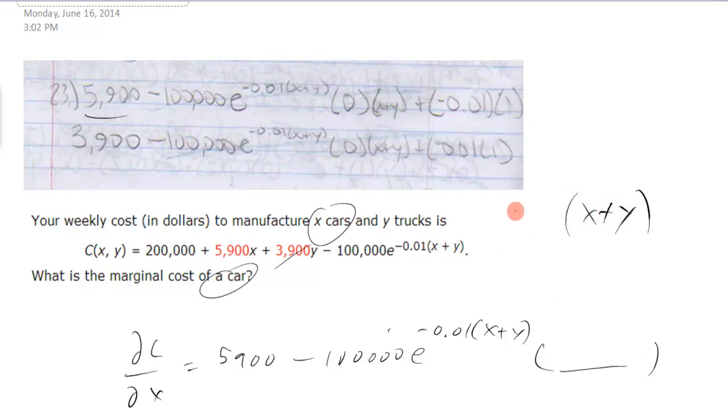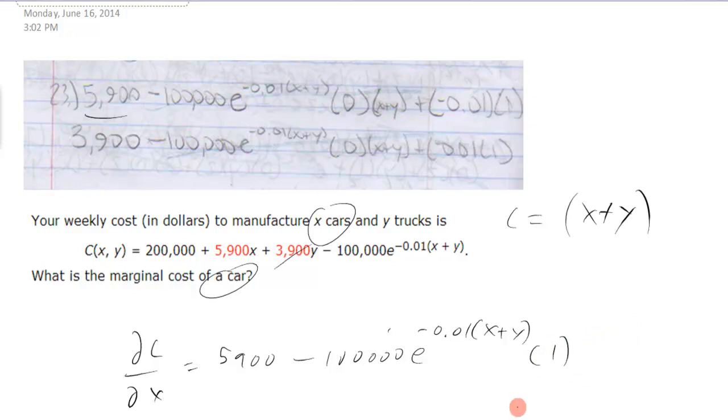If we just gave you that function and said, find the derivative with respect to x, what would this be? Well, it's two terms. I have x plus y. The first term, x, its derivative is 1. Plus the derivative of y with respect to x is 0. So 1 plus 0 just makes 1. So therefore,